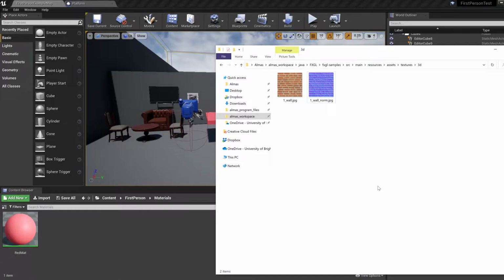Hi guys, today we're continuing working with materials. We're going to apply textures now. So currently I have this example texture from FXGL when I've been playing around with 3D. And what I'd like to do is just grab these two and drag them into the content browser of what